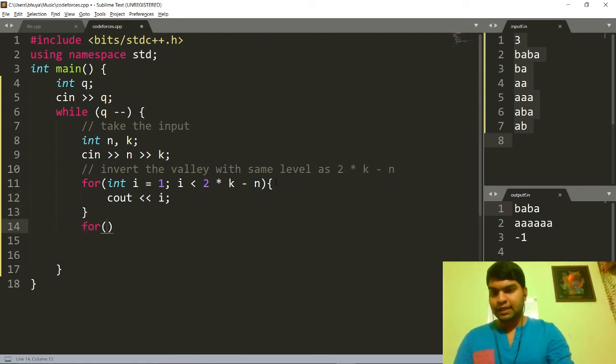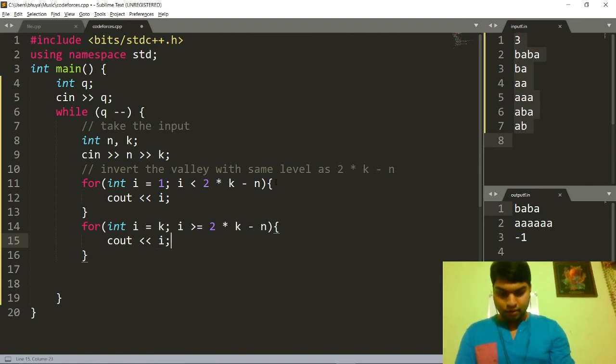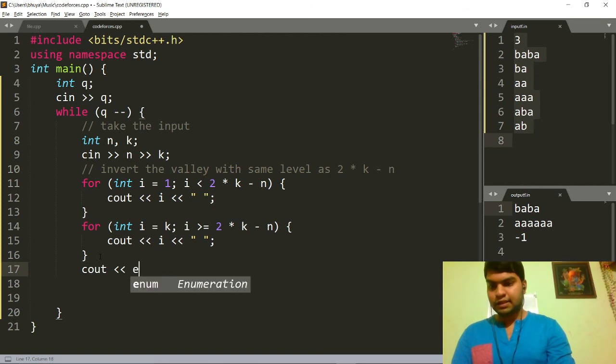Then we can move from i equal to k while i is greater than or equal to 2k minus n, and simply print out i. We have to give spaces here also. Now we can print the next line.